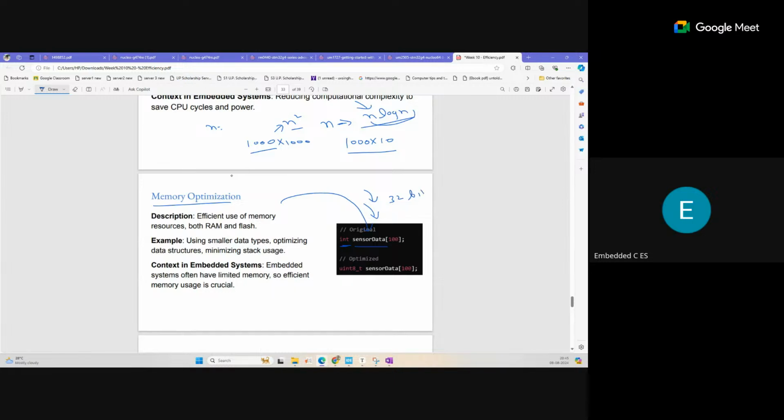Okay, if we declare our sensor data array with 32-bit elements, each element takes 32 bits, or 4 bytes. So for 100 elements, 400 bytes are required. But if each location of the array stores only a small value,